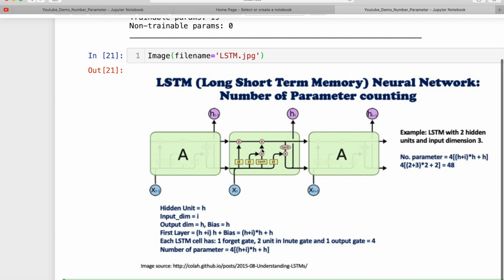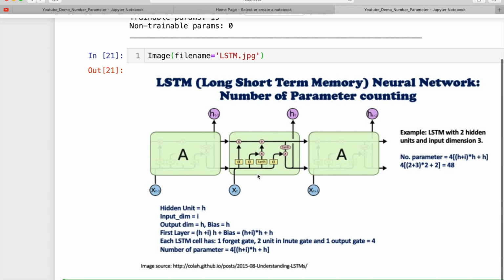So just think this complete thing is one layer and this is the input. How many inputs are there? Suppose this is H and this is I. So total input is H plus I, right?